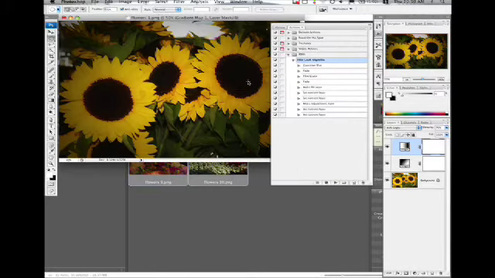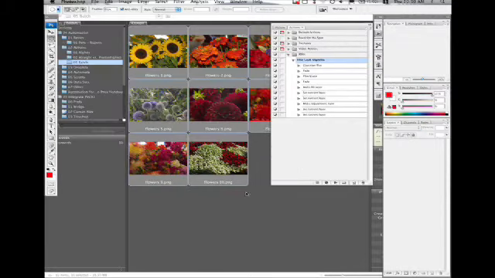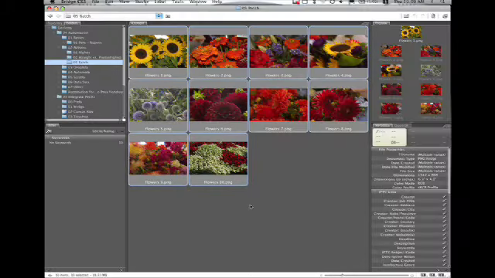Okay? And let's close this. And that brings up one of our interesting problems with actions. If you're running an action on a JPEG or a PNG, those don't support layers. So if you're going to do something that involves a layered image, you need to convert these to a layered file type,